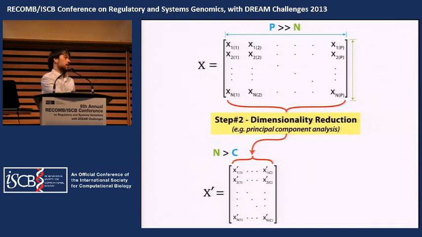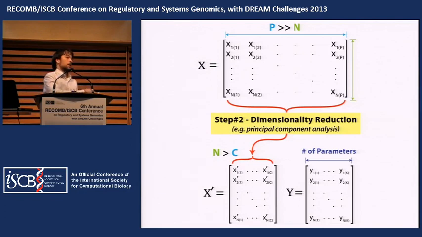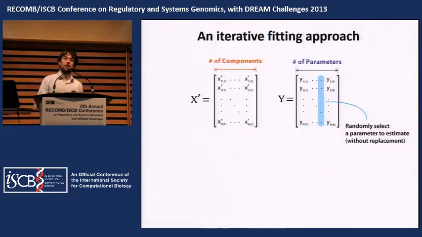But the basic idea is now I have a reduced description of each cell's phenotype in this matrix X prime, and I match that with all the parameters that generated those phenotypes in a matrix I'm calling Y. And then I did something a little silly, but I think this is the correct way to do it. Rather than predicting all of the parameters in one fell swoop, I decided to use an iterative approach to fit the parameters one at a time, and that way I could incorporate as much possible information into the model as possible. So here's how this went.